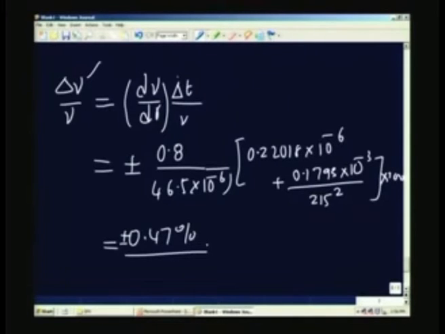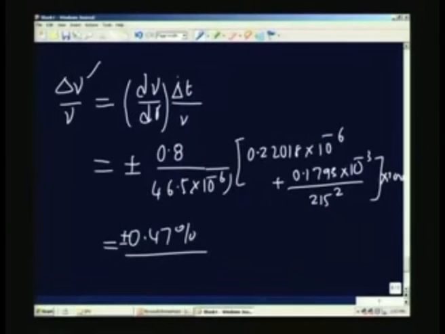So, you can see that the uncertainty in the drainage time which is measured, plus or minus 0.8 seconds, gives rise to almost a 0.5% uncertainty in the viscosity. This is not very bad at all. If you remember, in the case of thermal conductivity and other methods, other properties, we are talking about 5% or thereabouts. We are now getting much better numbers. Plus or minus 0.5% is a very good measurement given the importance of the particular quantity we are measuring.